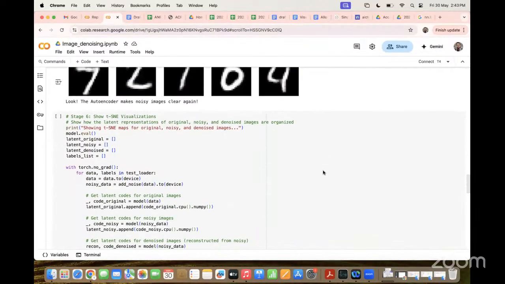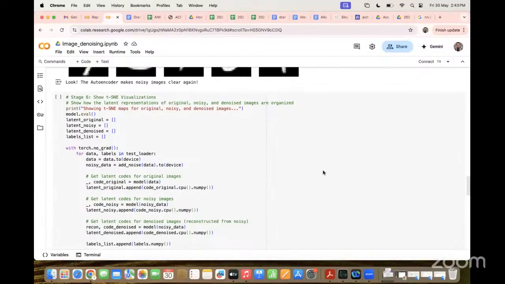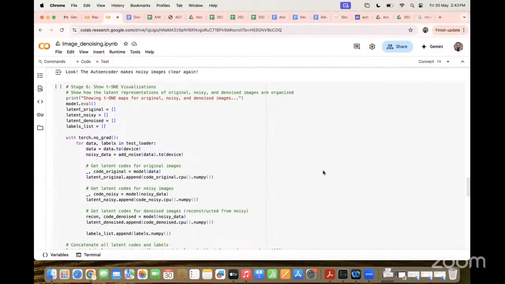Then in stage 6, we put a very interesting visualization because all these are images of size 28 cross 28. So basically, they are 784 dimensional vectors, right? 784 dimensional vectors or 128 dimensional latent vectors are hard to visualize.